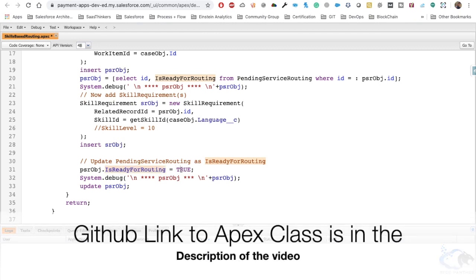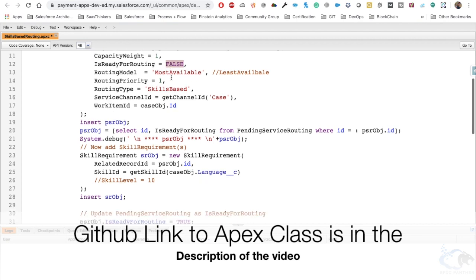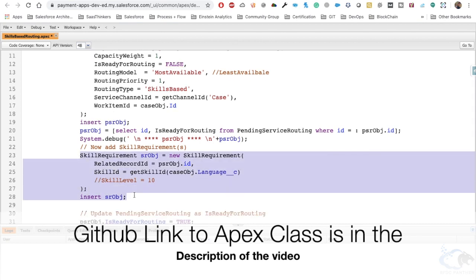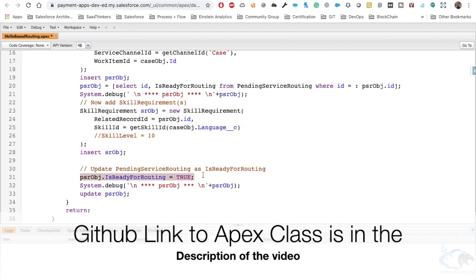So for the first go, we are setting it as false, assigning that item to which skill it should route to, and then we are updating again and saying that now this work item is ready to be routed to the agents having the suitable skills, the skill that we got from the case object itself, that is language.